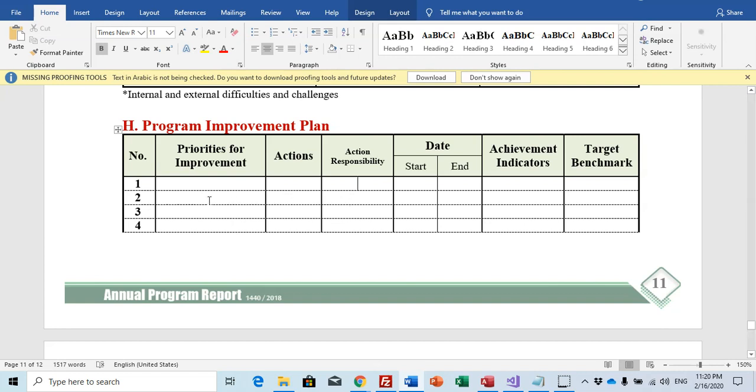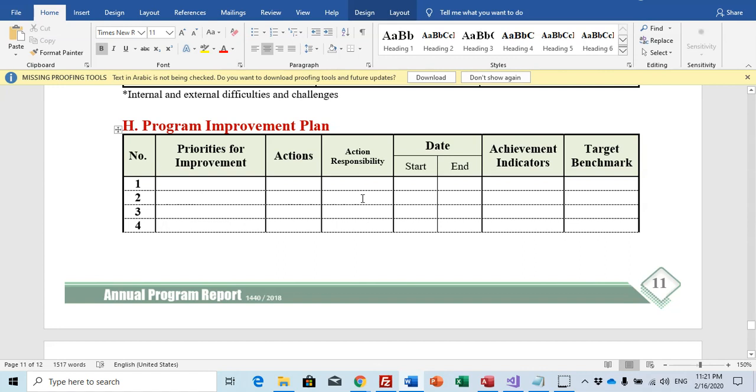Or another priority for improvement is to decrease the number of withdrawn students in the program. What is the action? To run activities, make the advising process more effective, and give instructions to advisors to include this in their advising process.